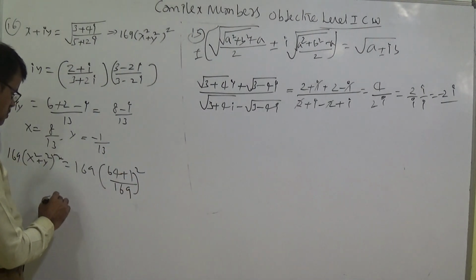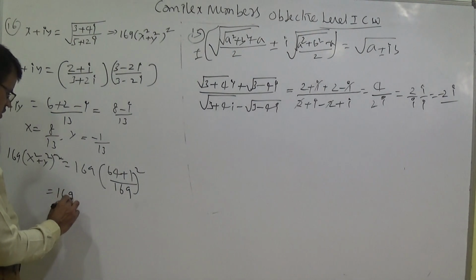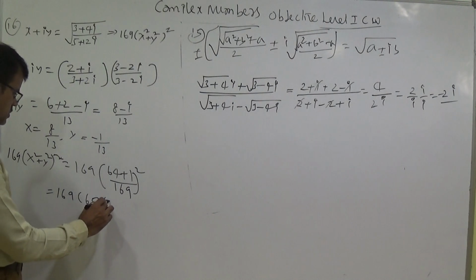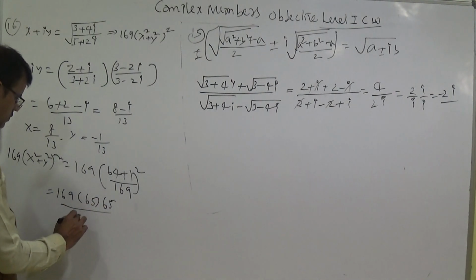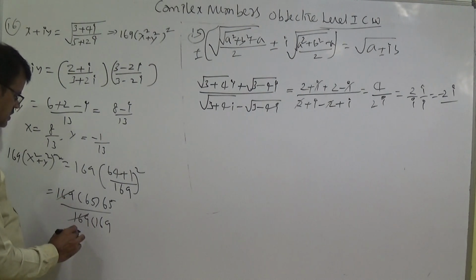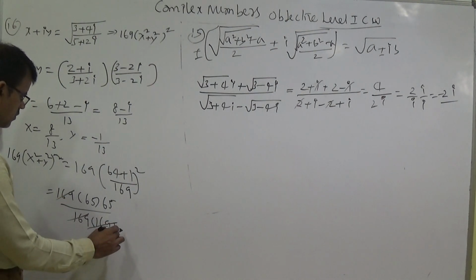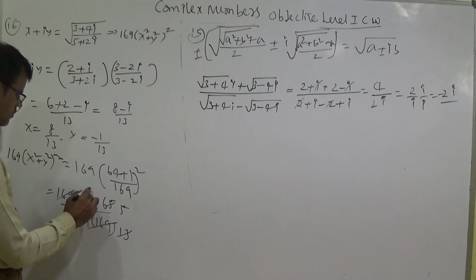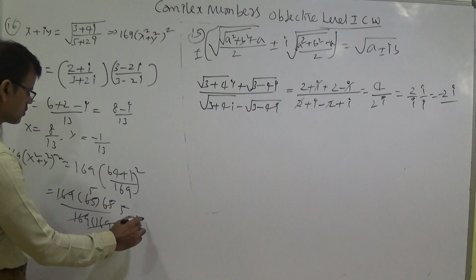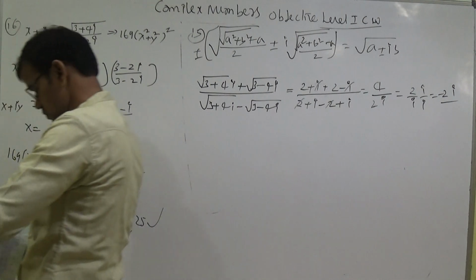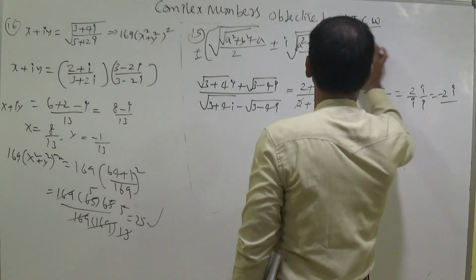Again for this also square is there. So you can understand here 169 into this is 65 into 65 into 169 into 169. 169 gets cancelled. 13 will be dividing 13 times and 5 times, and this 13 will be dividing 5 times. So 5 is 25 is the answer. 169 into x square plus y square whole square, answer is 25.